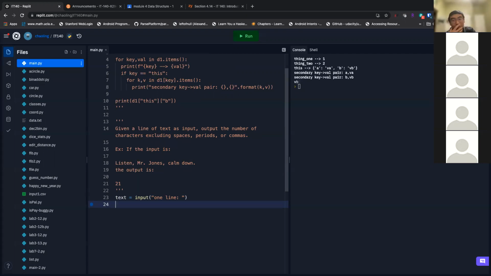There are multiple ways of doing that. Number of characters. Spaces, periods, or commas, right? So first of all, I want to do it iteratively. I want to count all the characters, right? There are multiple ways of doing that. Of course, I'm going to do it because we just learned the for loop. Let's just use a for loop